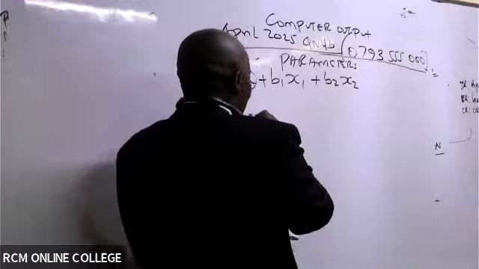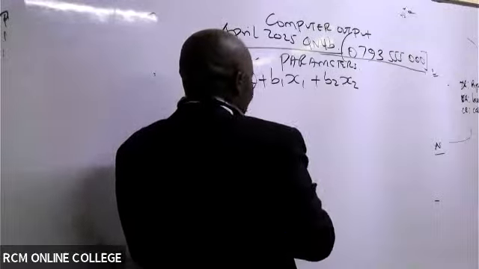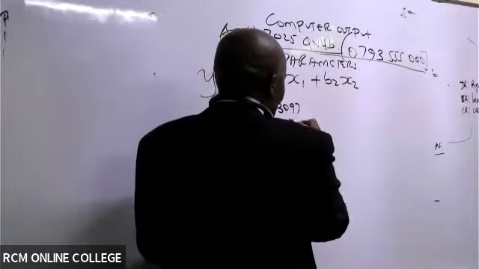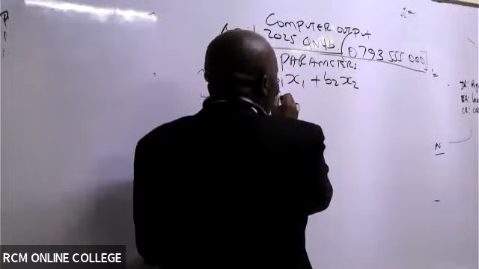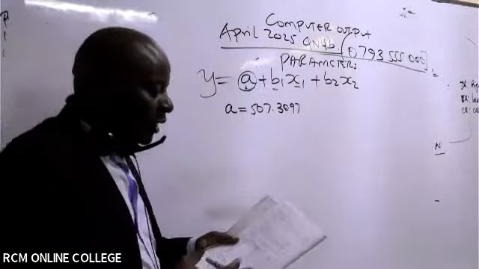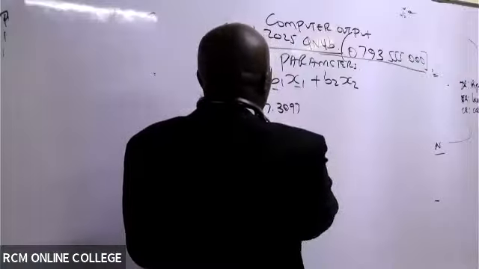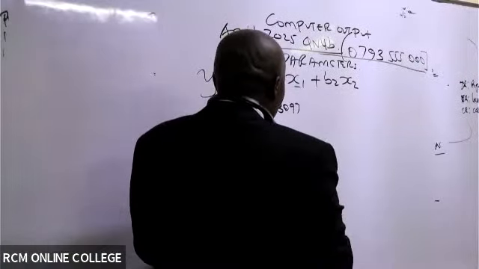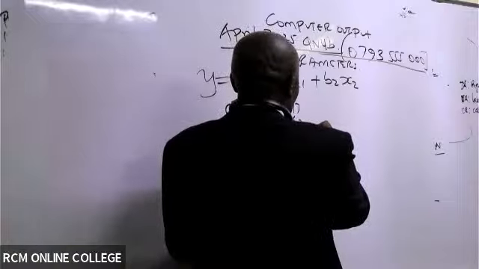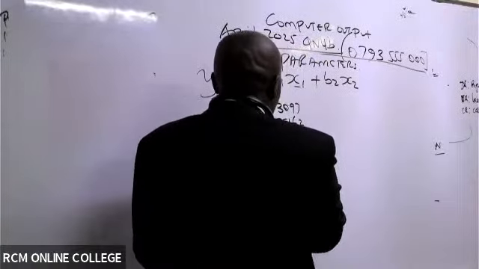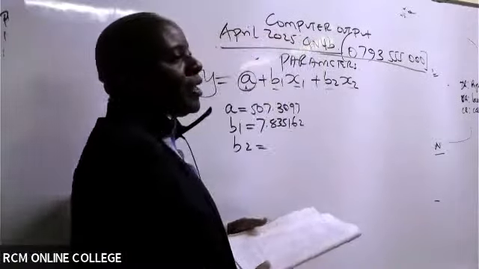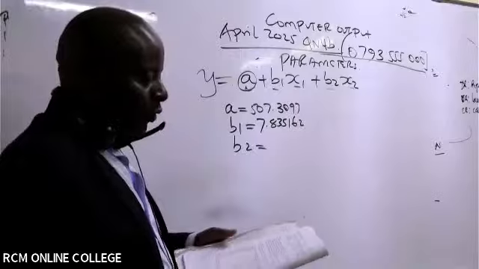So are you able to see the parameters there? For the intercept A, they're giving us 507.3097. And then we have the coefficient of x1, the number that comes before x1. You can see coefficient of x1, that is b1, which is what here, somebody? 7.835162. And then we have b2, which will be the number that comes before x2. So the coefficient of x2, which is